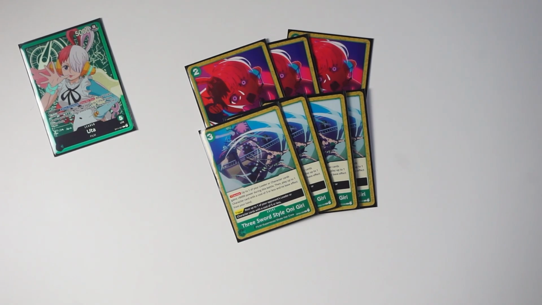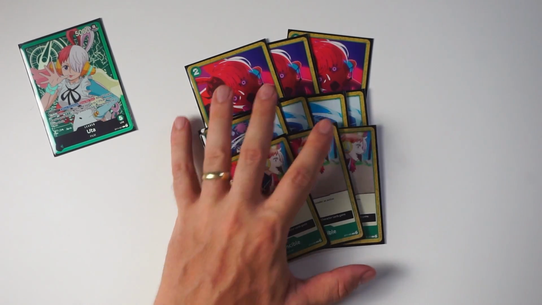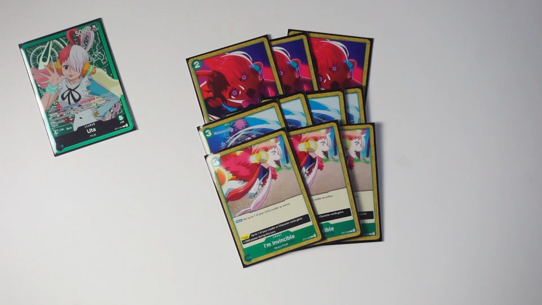The last and final card that we are running in the deck, we're running 3 copies of I'm Invincible. This one costs you 3, it's activate main, you can set your leader as active again. So it turns it into a Captain Kid from the starter deck. Optimally, if you need to have an extra swing for game, you can attach 7 Don to your leader, which makes it a 12k leader, and you can get 2 12k swings with I'm Invincible,